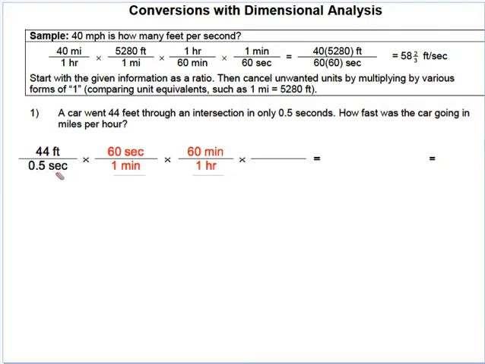And so now we have the hours, which is, we want miles per hour, so we converted our seconds into hours. And then to convert feet into miles, we have, I think, 5,280 feet are in 1 mile. Now notice, because I have feet in the numerator here, I'm going to have feet in the denominator here. So at this point, all you would have to do is multiply everything in the numerator together and everything in